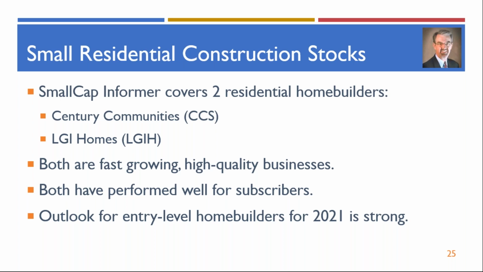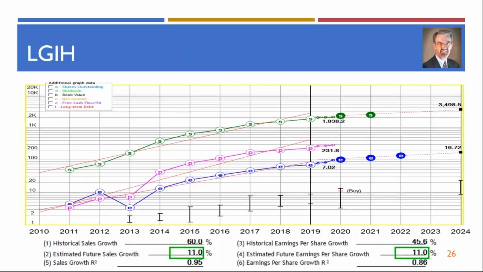So a lot of those trends, put them all together, and entry-level homes had a terrific year in 2020, and I think that trend is going to continue through 2021. And so these are the two stocks that we cover, and we recently highlighted LGI Homes, but I thought it would be interesting to take a look at the comparison guide of Toolkit 6 and look at our stock studies for both of these companies.